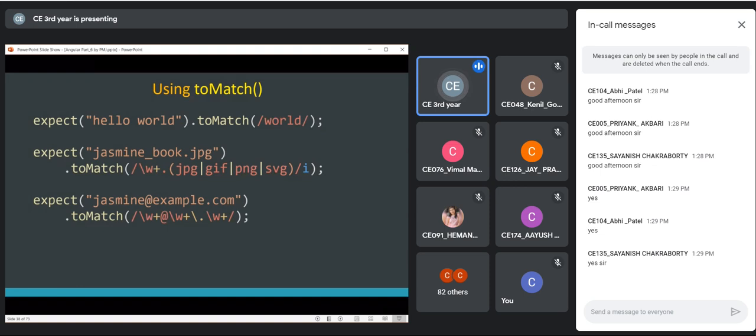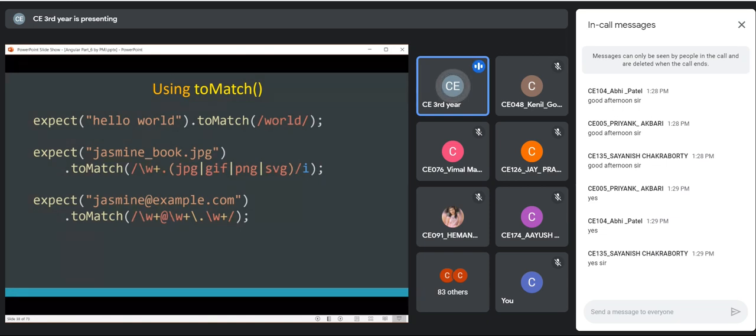The second example, we are checking that it follows any image file. So whether it matches with any image file, which is having a JPEG image or GIF image, PNG, SVG, and slash i means it will ignore the case. So any file name which is an image file having a valid image extension. So out of multiple image files, right now we are expecting it to be JPEG, GIF, PNG, or SVG only. So again, this \w+ means it is one or more alphabets.